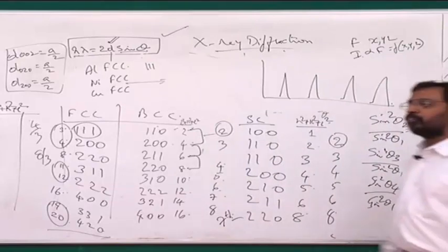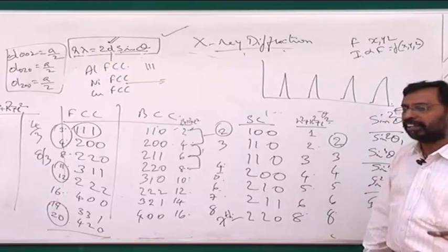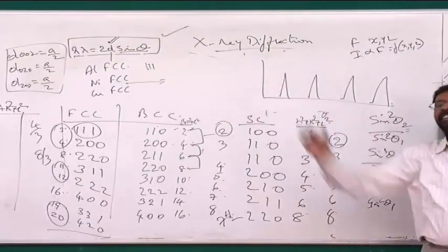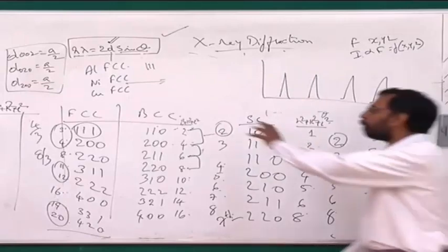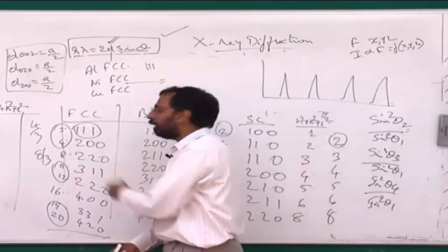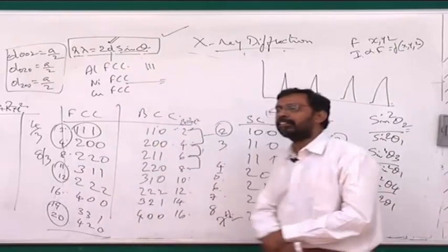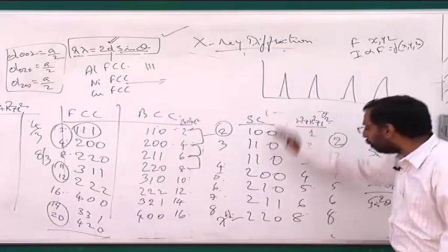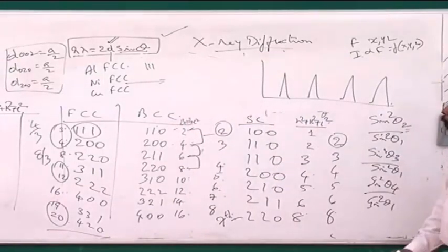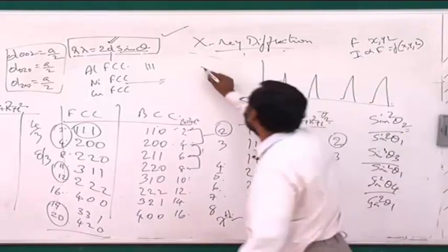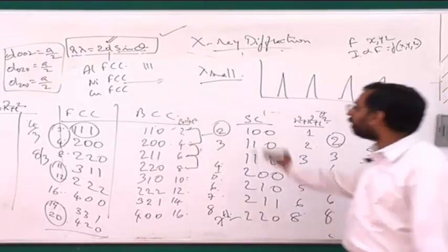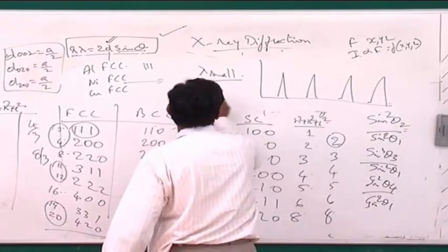So if I want to find out whether something is simple cubic or BCC, I need to have at least 7 peaks. That was the problem I was telling you, that it is necessary to have a large number of peaks in some cases. If it is FCC or BCC identification, I don't need to bother. Even if 3 peaks are there, I can simply say that this is FCC. If I need to prove that this is BCC and not simple cubic, I need a minimum of 7 peaks. And how do I get a minimum of 7 peaks? Sometimes I may have to use a very small lambda to get that, because I said d minimum is lambda by 2.